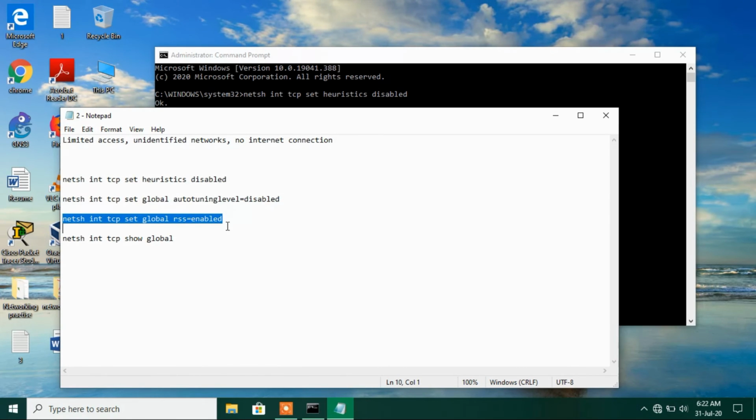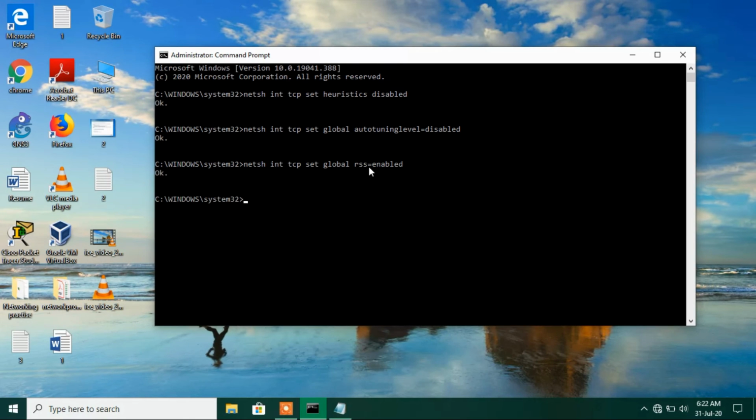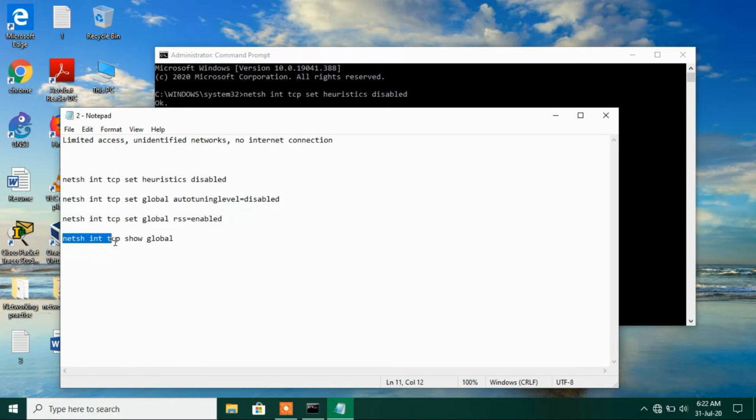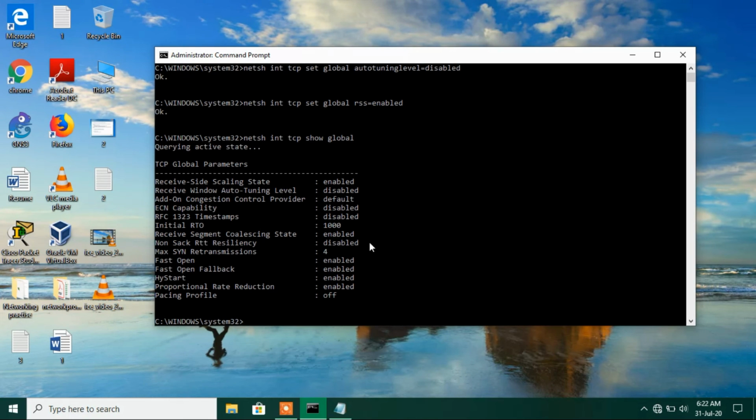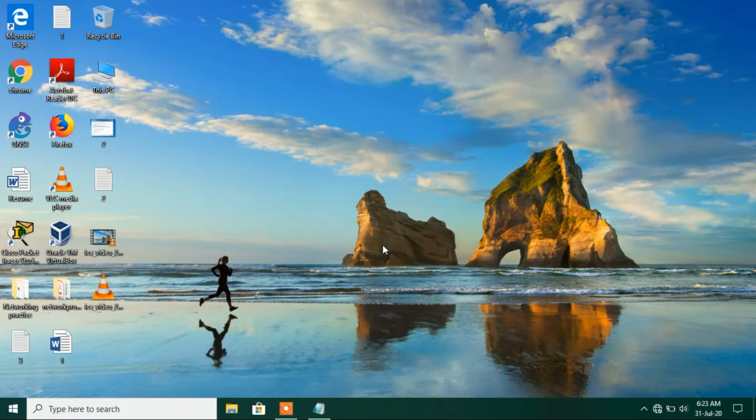Similarly, do the same for the other two also. Now type exit to exit out of this window. Now restart your system and check whether your issue is resolved or not.